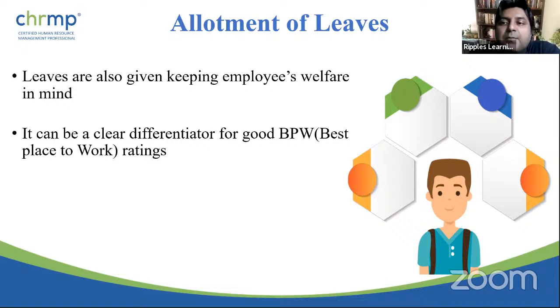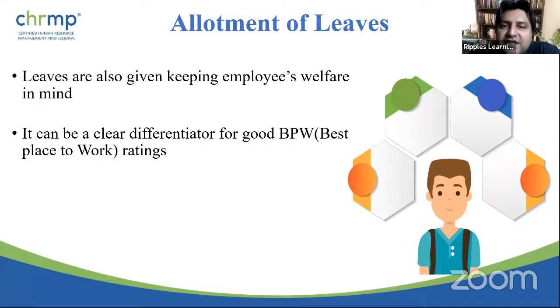At certain places, the number of work hours was reduced, right? So this is not really leave, but more like a work timing policy. These are all experiments that are happening in different parts of the globe, so the dots do get connected. When the number of work hours was reduced from 8 or 9 to 6, they saw higher productivity and most of the goals being met by different employees in different organizations.